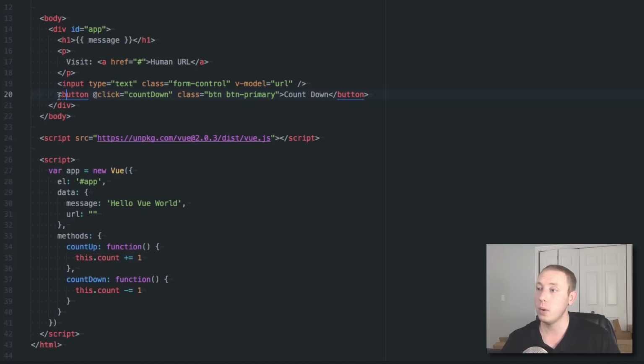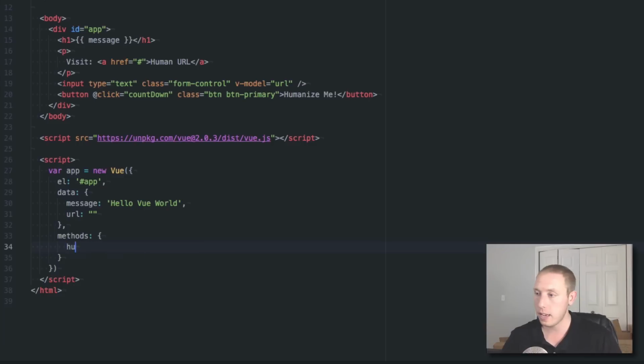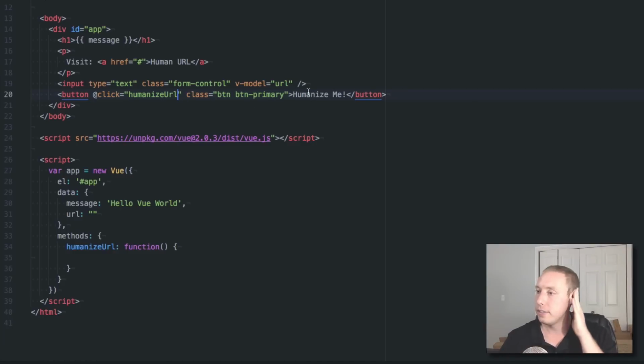So that's what we're going to do here. When we press this button, we're going to say "humanize me." And then on click, let's get rid of these methods here and say humanizeURL, and set that equal to a function. So when we click this button, we're going to humanize the URL, and we'll keep everything exactly the same. It's going to process that humanizeURL method,